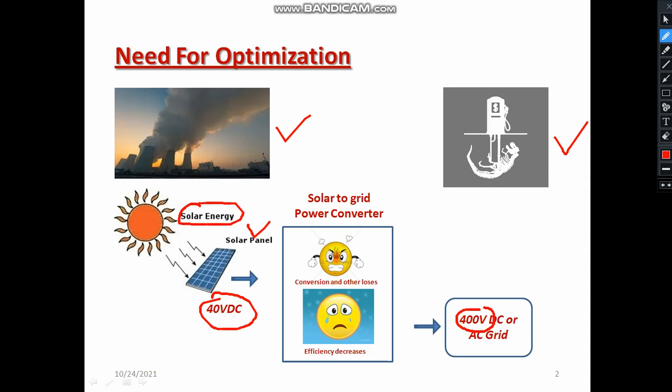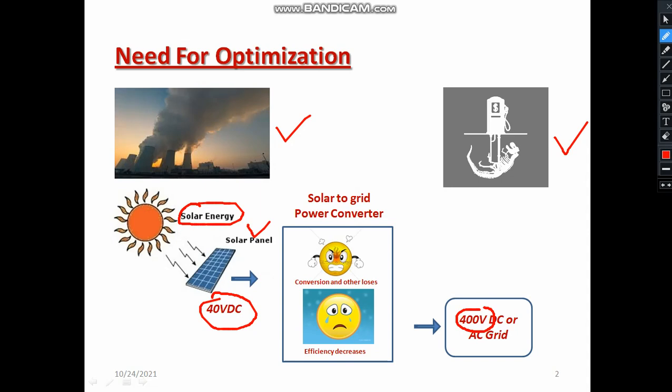So that's the problem definition here. The problem definition is the poor converter efficiency. That's the main issue. And also the solar energy has an intermittent nature. It varies from time to time. So that is another issue. At that time, which is the highest operating point that we are supposed to identify? We need to identify it with the help of a certain algorithm. We are going to identify the maximum point which corresponds to maximum power.